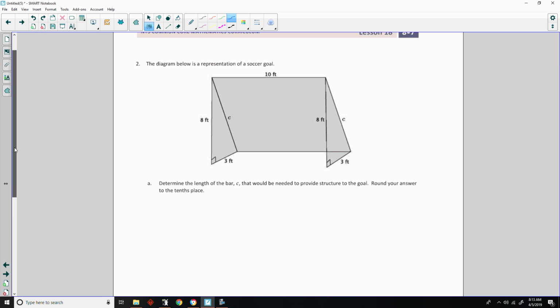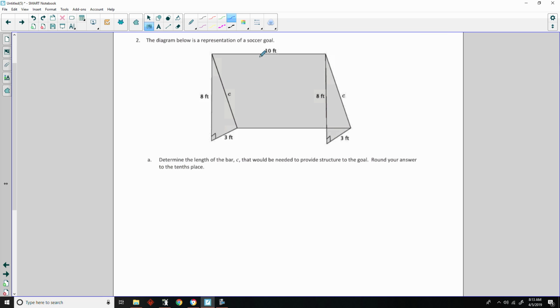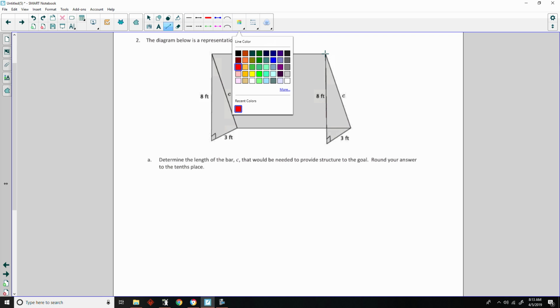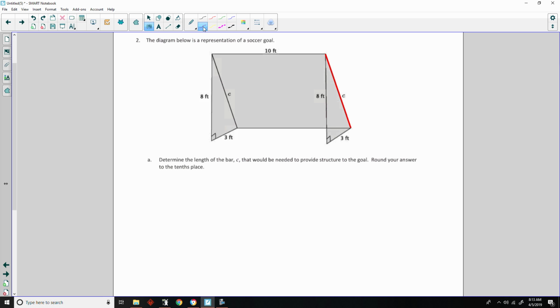Number 2. The diagram below is a representation of a soccer goal. Determine the length of the bar C. So we want to know the length of C. It's always good to keep your focus on what the question's asking. That is what we want to find. How long is C? Determine the length of the bar C that would be needed to provide structure to the goal. Round your answer